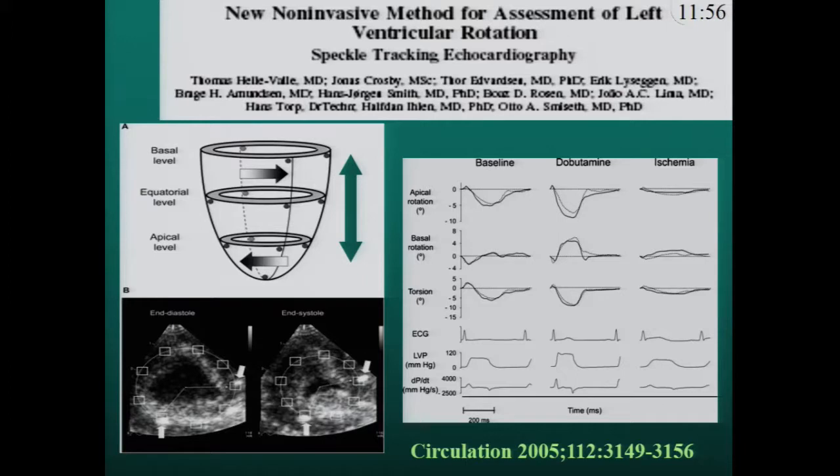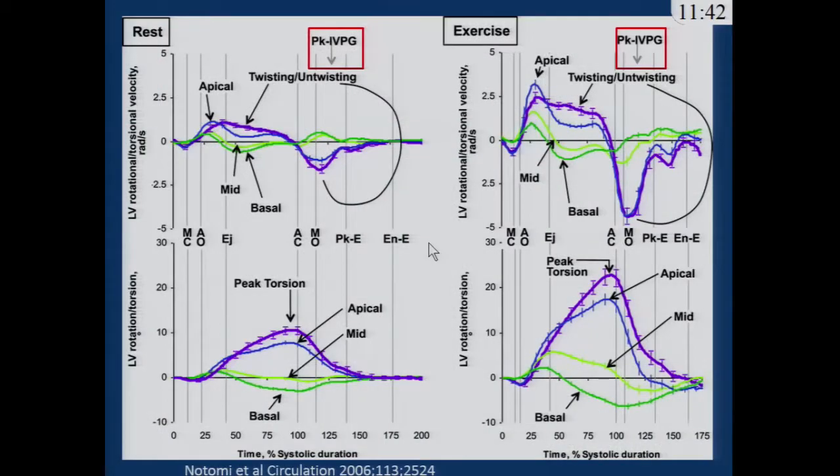So can we measure the twisting? Well, we couldn't for a long time, but now we've got some method, ventricular rotation measurement, using speckle tracking. I think many of you know all about this now. It's a very useful technique. And this excellent paper by Notomi in Circulation used this technique to look at rotation, and you can see twisting and untwisting. But remember, this technique is looking at